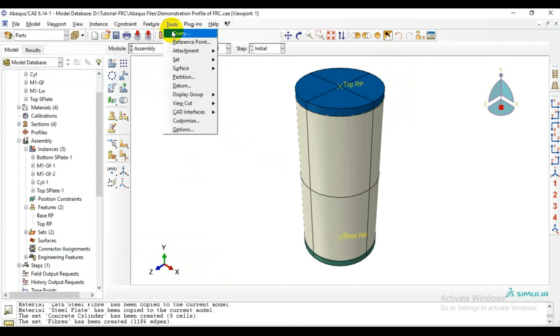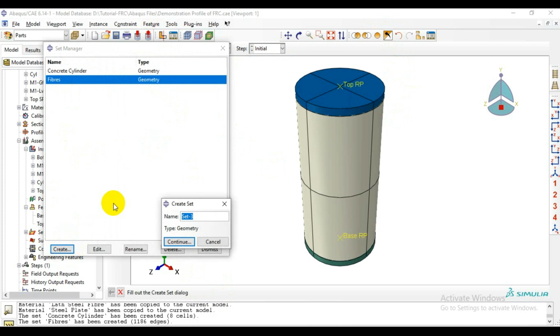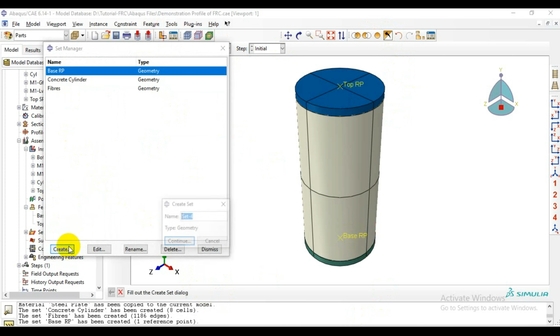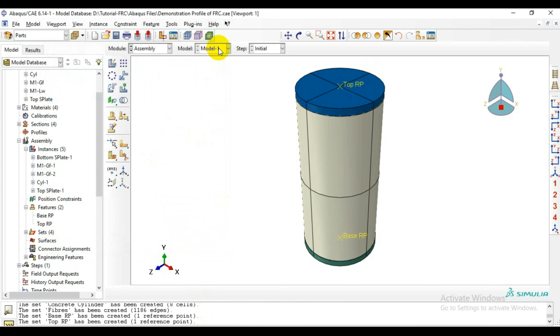And let's go to tools, sets, and manager again, and create a base RP set here. It will be base reference point, and top RP set here. This will be the top reference point, right? And